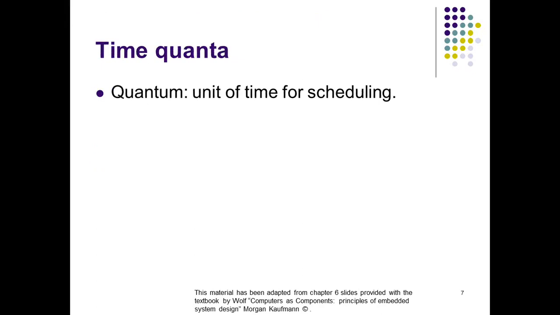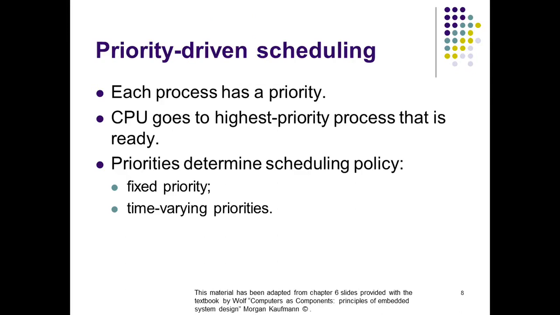Just a little bit of notation. The time quanta is a unit time for scheduling. So whenever you're choosing between tasks, the operating system needs a small amount of time to say, okay, this task now gets the CPU. So that is the time quanta. And we'll talk about the rest of this